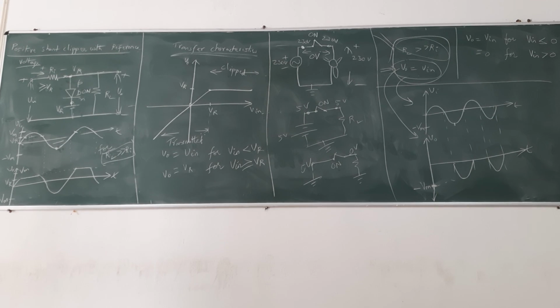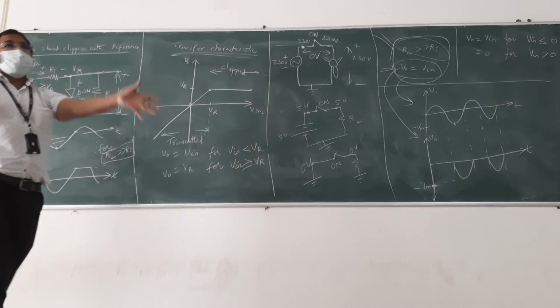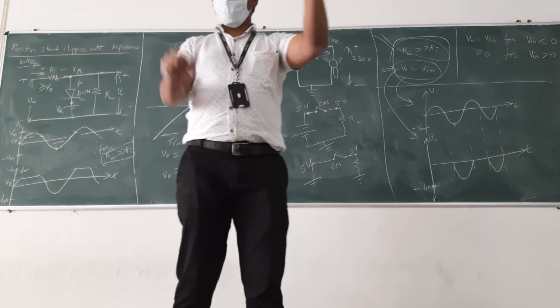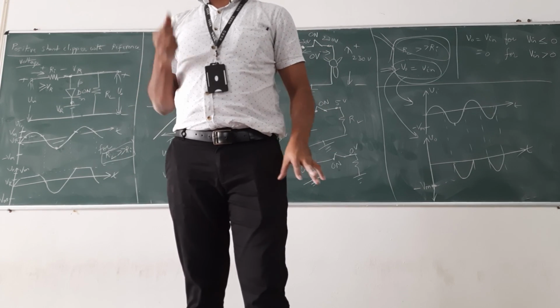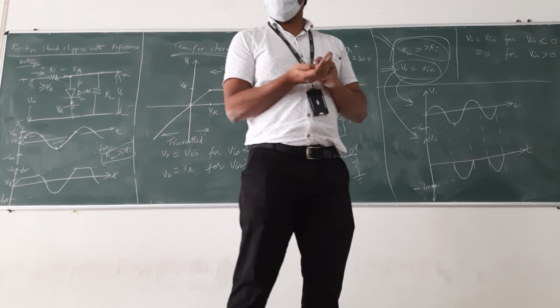What will be the next two circuits? Anybody? Negative shunt clipper. After that, negative shunt clipper with reference voltage. Will you take it as homework? Very easy. I have taught you 6, and 2 I am giving as homework. If you think you need not, anyway, online you will get the information, but if you think you will be able to do it by yourself, take these two as homework.